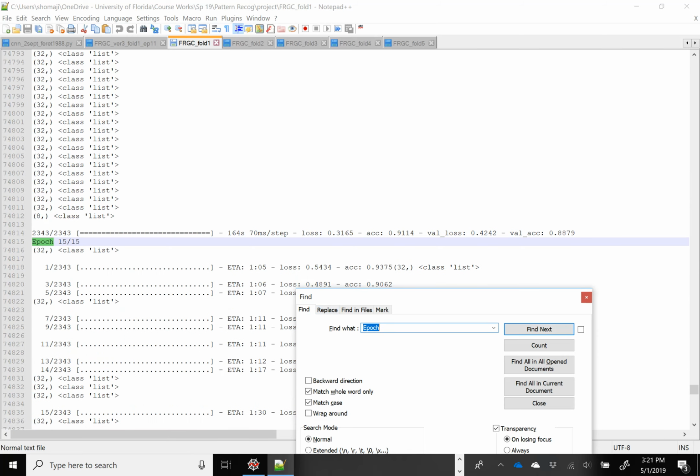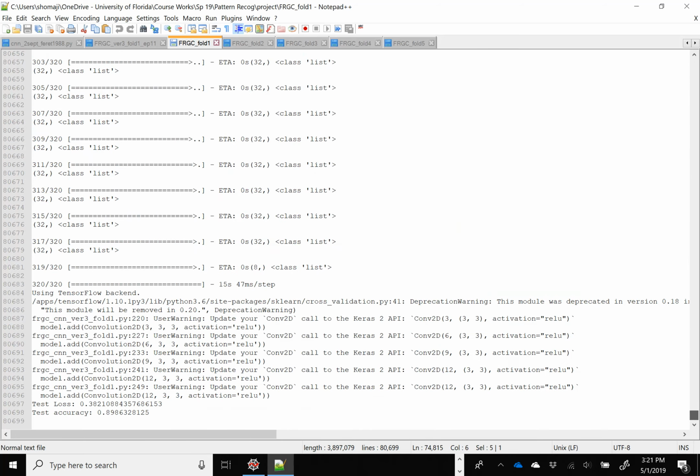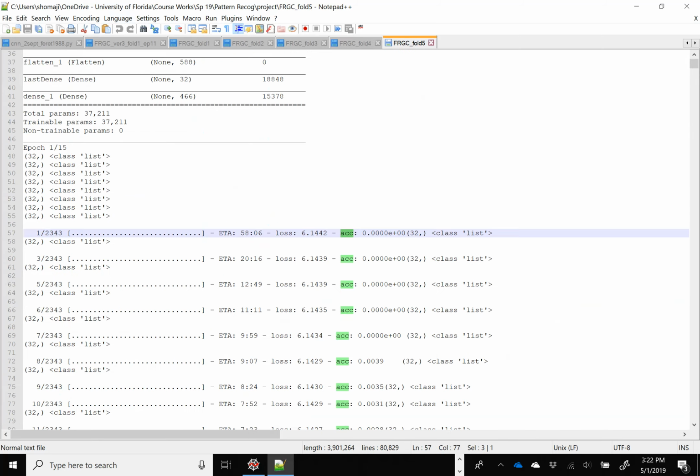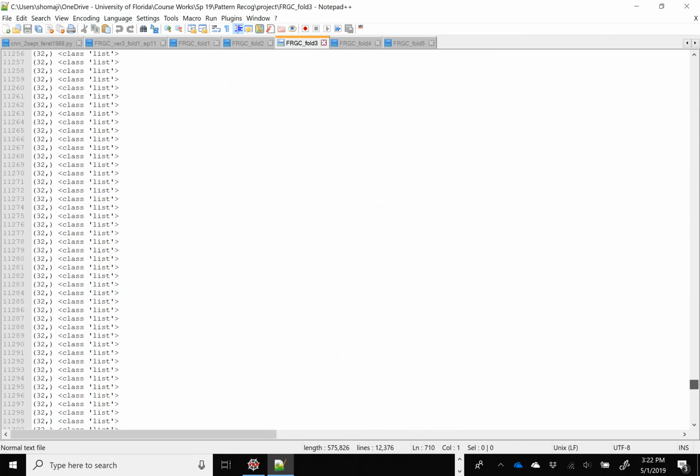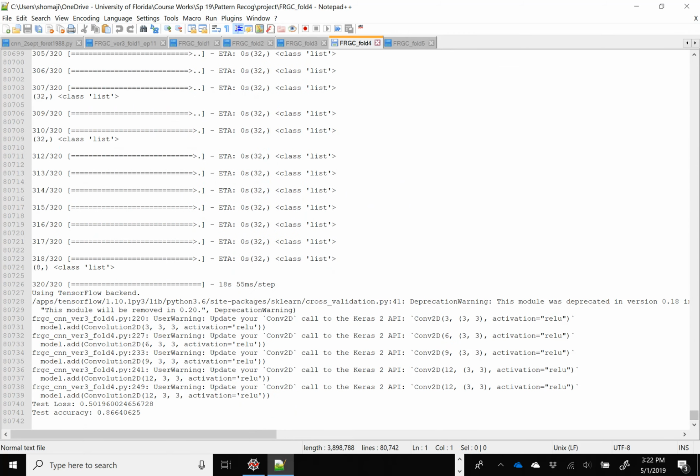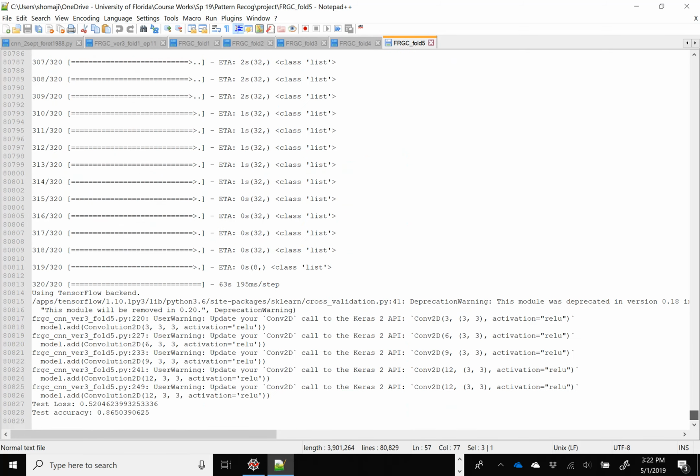After the last epoch, the training accuracy was 91% with validation accuracy 88%. And when I did the testing, I saw similar results. After the testing, the accuracy is 89%. Fold 2, fold 3, fold 4, and fold 5 all show similar results. Fold 2 is showing 89% accuracy, then fold 3 is 88%, fold 4 is 86%, and fold 5 is 86%. So I'm going to include all of this